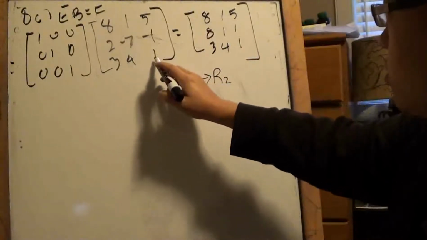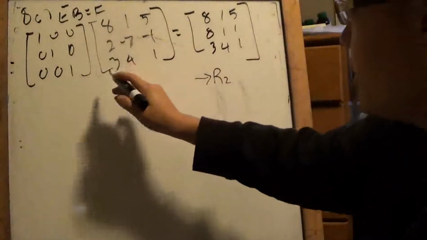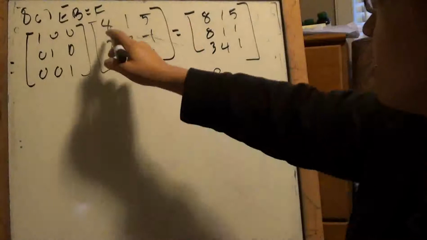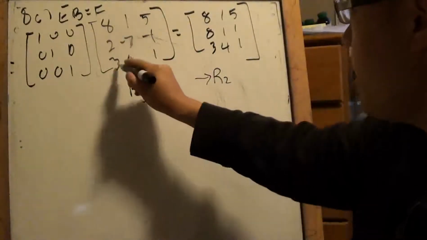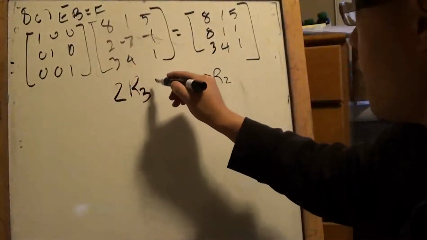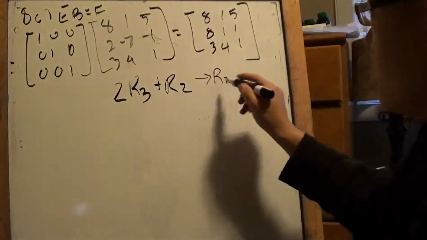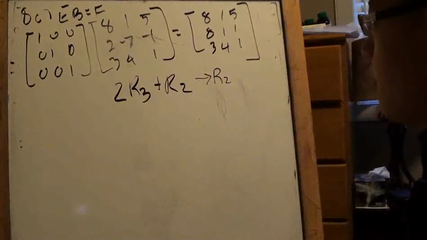Yeah, that becomes 1, 2. Oh, okay. Yeah, that's your answer right there. That's how you figure things out, right? Yeah, so anyways, R3, and I times it by 2, plus R2 gives me R2, new R2, right? Okay, and